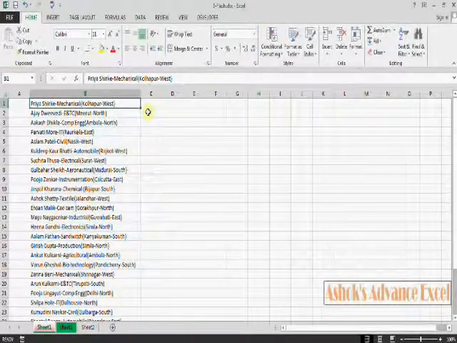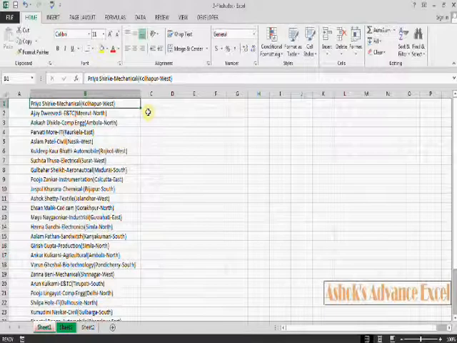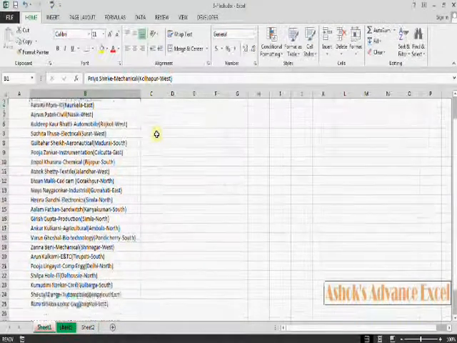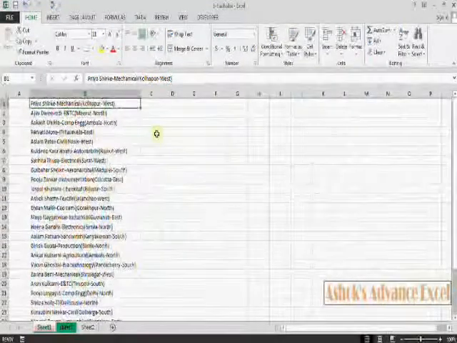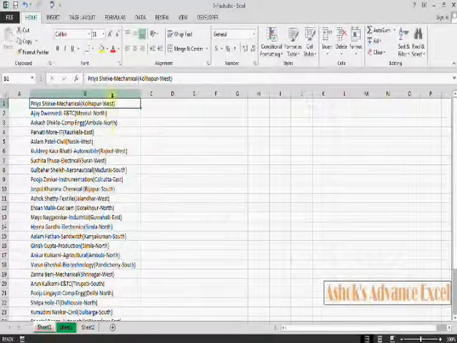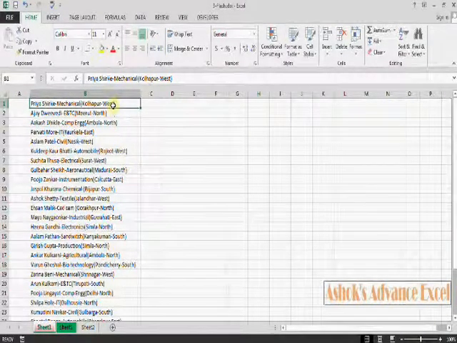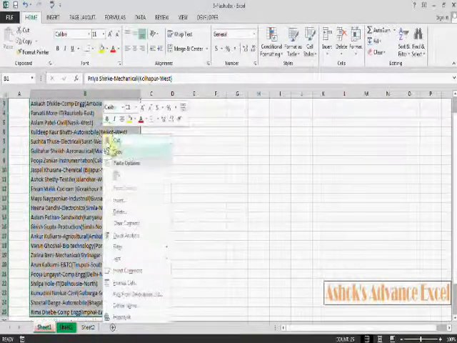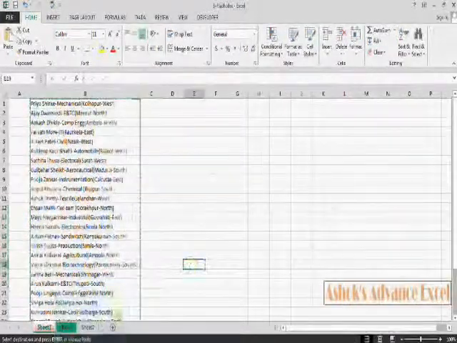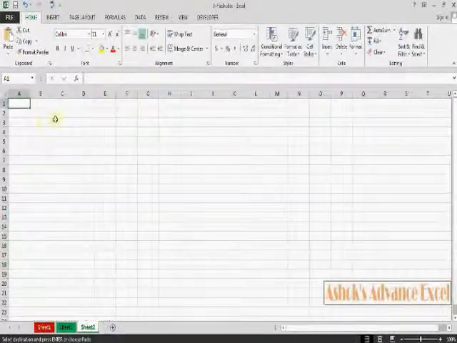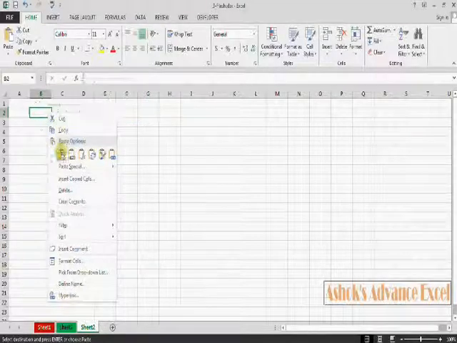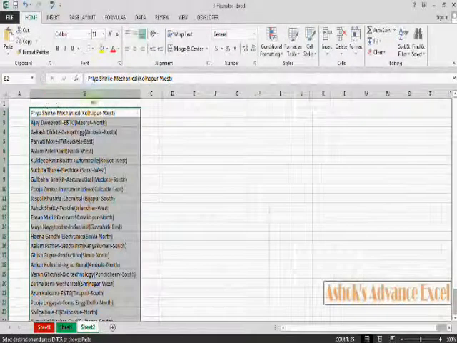So many records are there, as for any engineering college data. Now I am going to select this data. I am just copying this data to a new sheet. I am pasting it here, resize it.